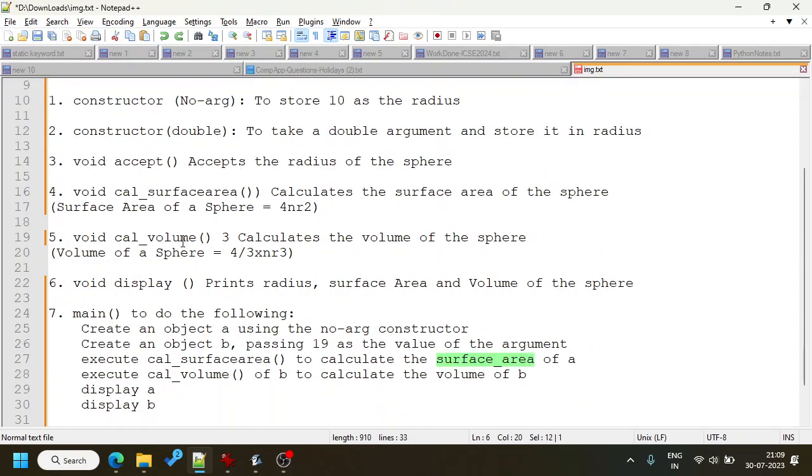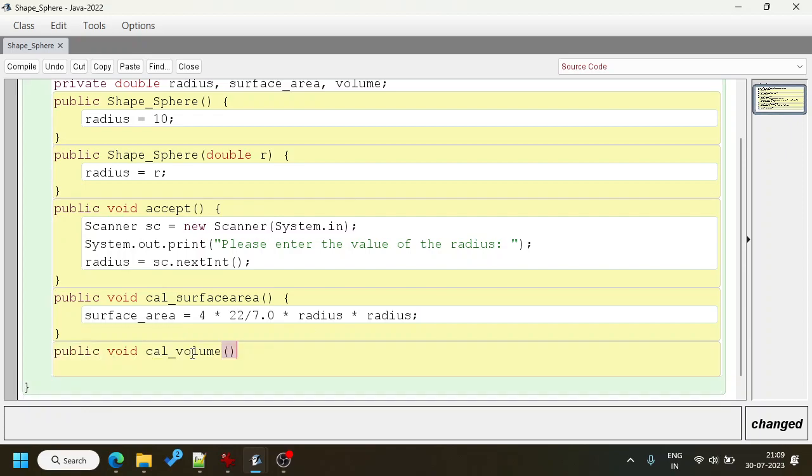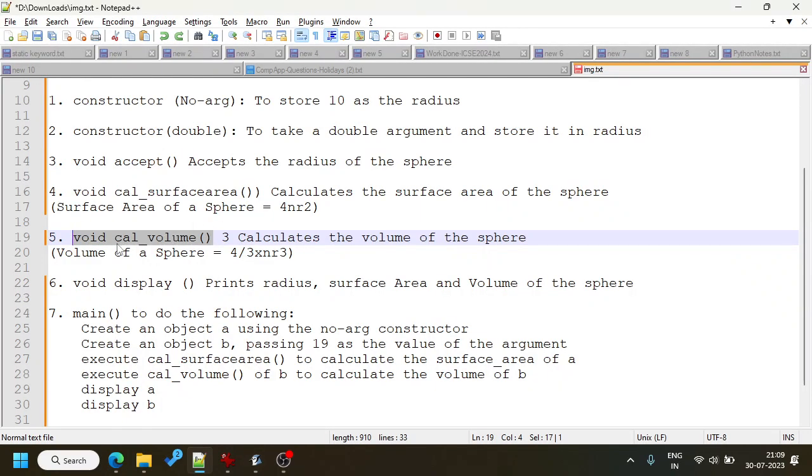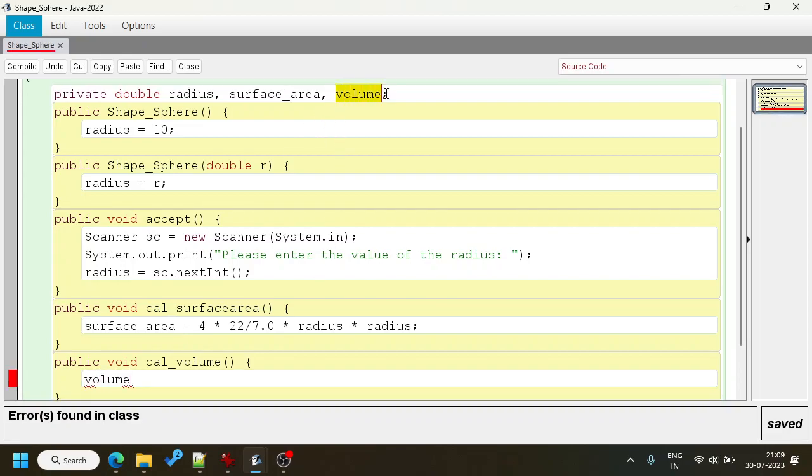Next one is cal volume. So let's worry about volume now. Volume is going to be a public void cal volume function, and in the cal volume function we just need to calculate the volume of the sphere, which is 4 by 3 multiplied by pi r cubed. Alright, so let's work on this. The name of the instance variable was volume, that you can see on top here. So volume is equal to 4 by 3.0, because I need a fractional result, or I can typecast it,